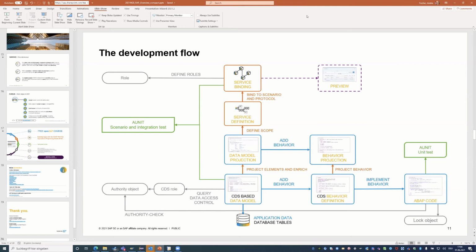What's the relation between the transactional buffer and the draft tables? Or are the draft tables the actual transactional buffer? Yeah, this transactional buffer is something which is offered by the framework if you write directly to a table using the managed scenario. Only if the data is finally saved, the data is committed, right?